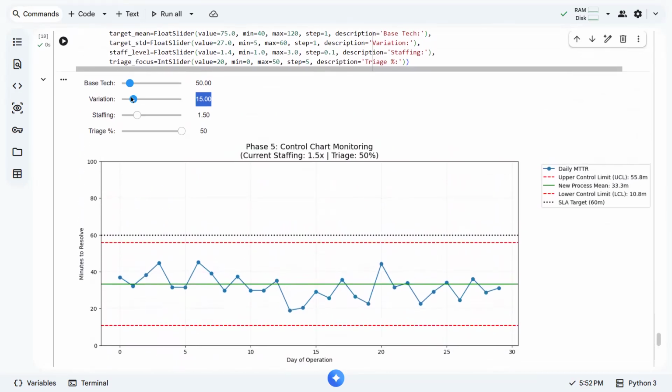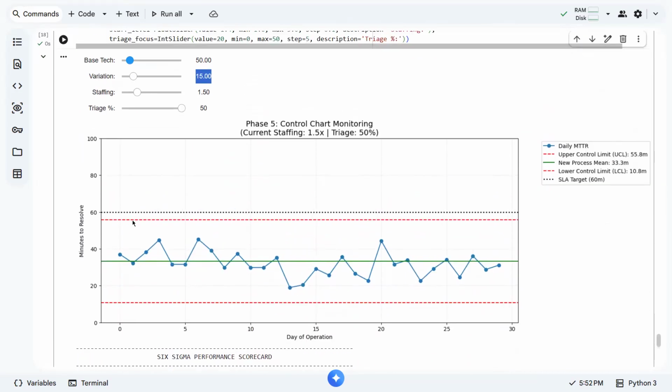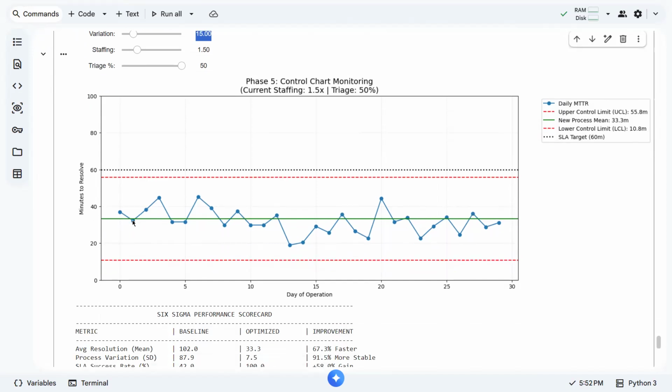Even with 15% variation, if we just minimize our base tech, because remember, the more complicated or sophisticated your technology is, the more difficult it will be for the engineers to maintain it, especially if you've employed a lot of additional equipment. It becomes an additional burden to the engineers, resulting in higher variation in their results.